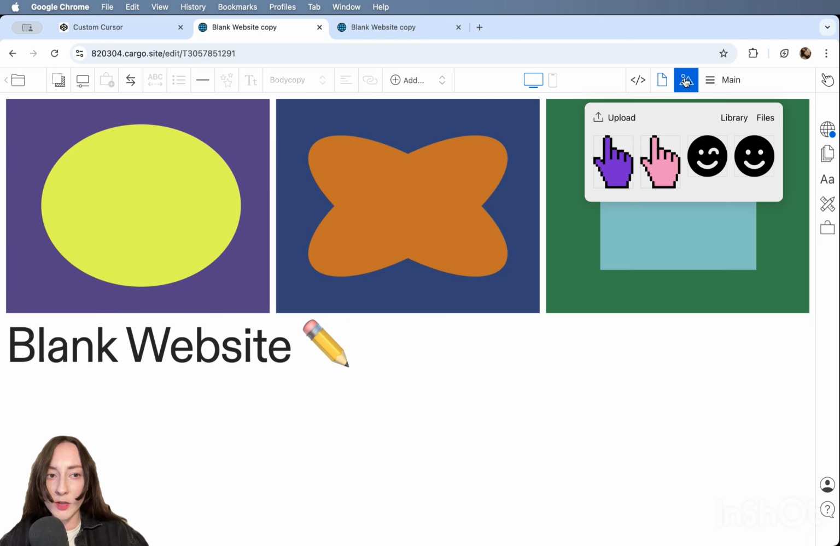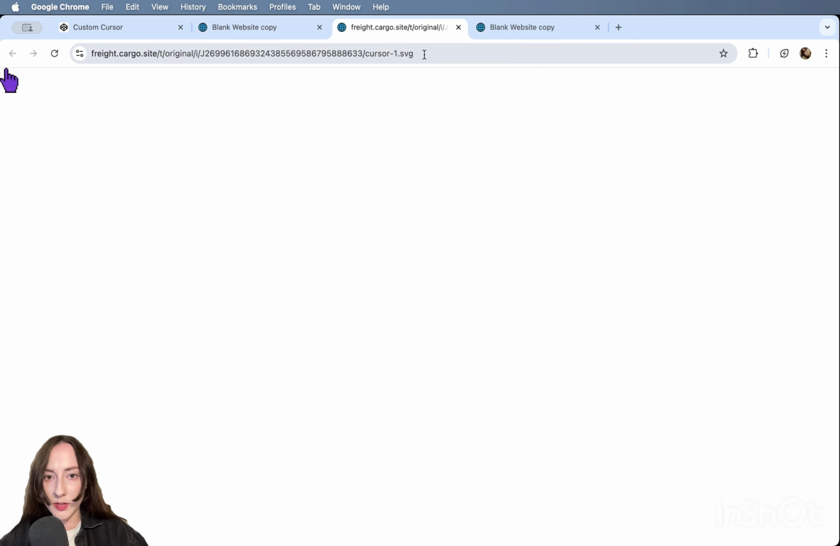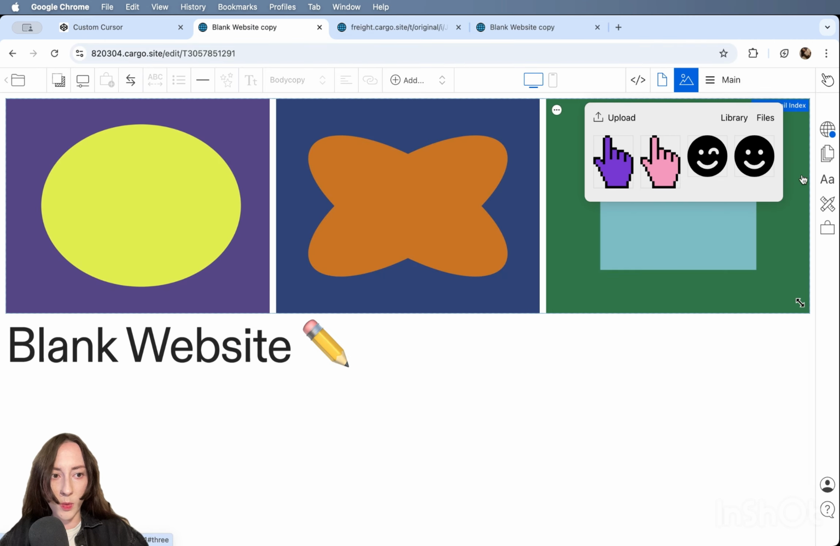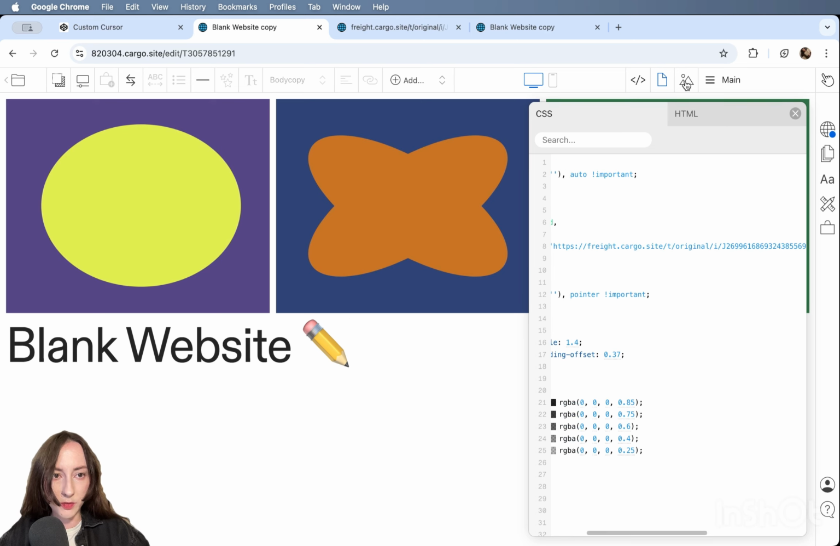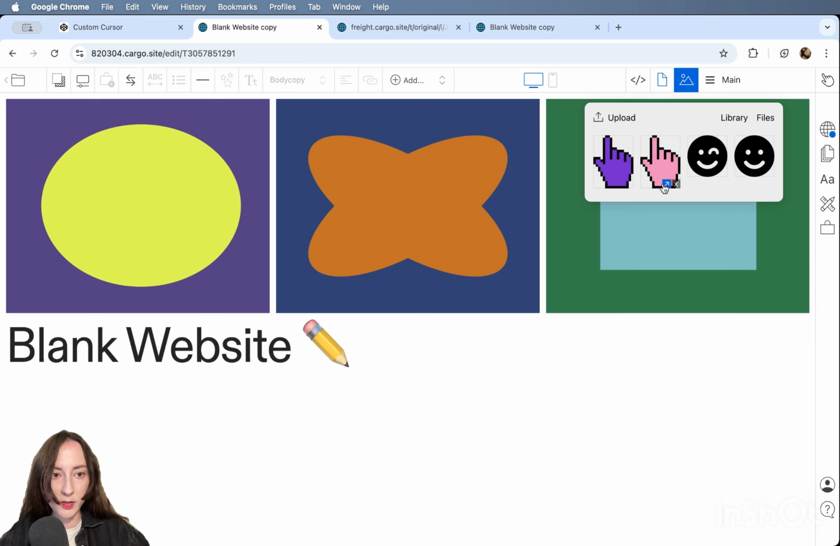Now let's go back to images and copy URLs. So this is going to be our active cursor for clickable elements, and I'm going to paste it inside of this quote. So be careful and do not remove the quotes. All right. So this is the first one. This is the default one. All right. And the next one is going to be the custom cursor